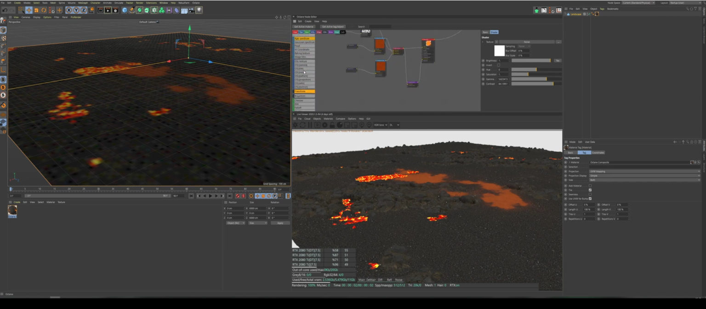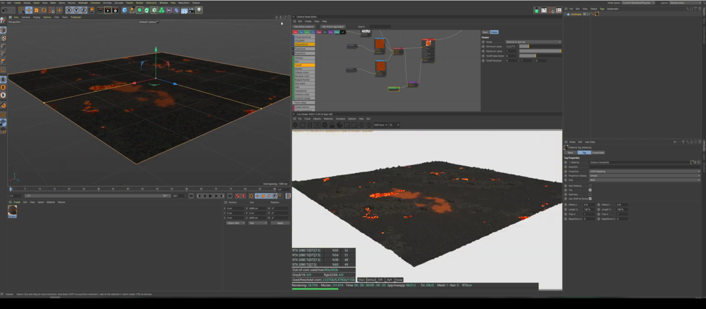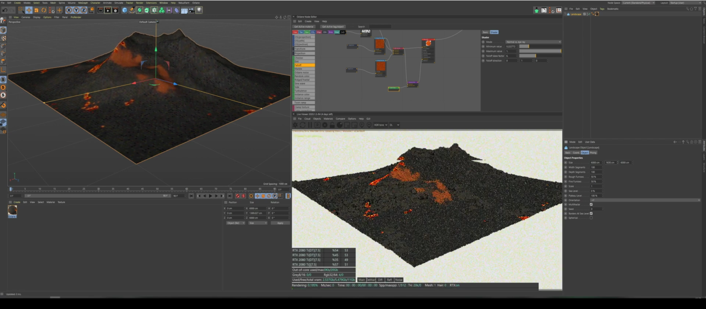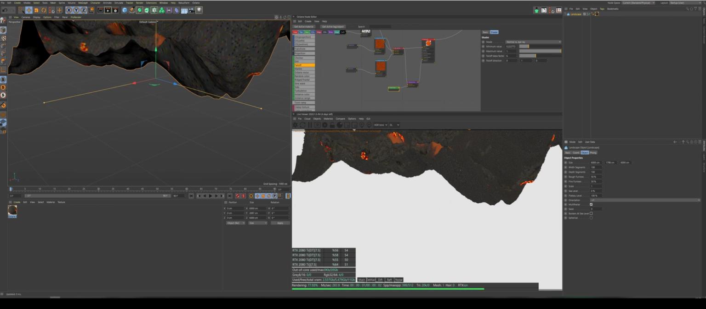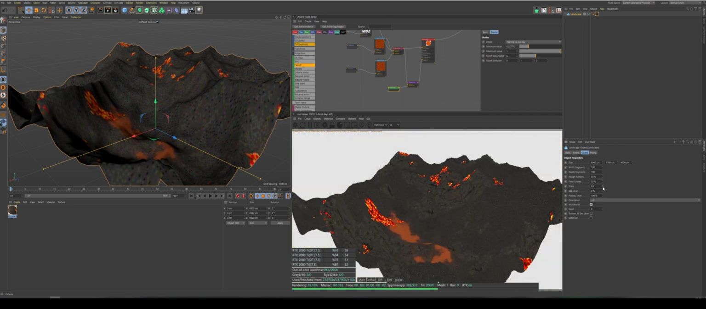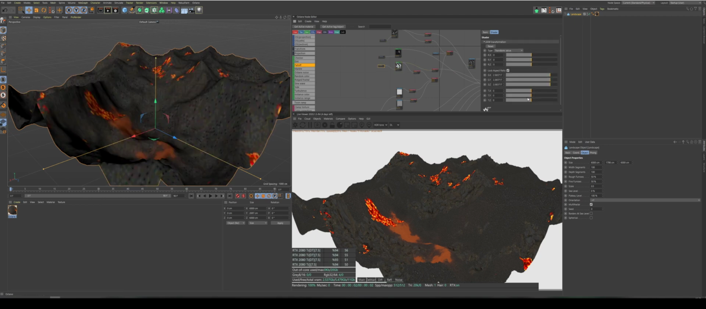Okay, so this is it, we did it. Now what we can do, we can increase the height of our landscape. Actually, we can remove the border. Scale it down a little. I don't like where the stone is, so we can play with the noise of the stone. So here it is. Here is the transform tag, and we can